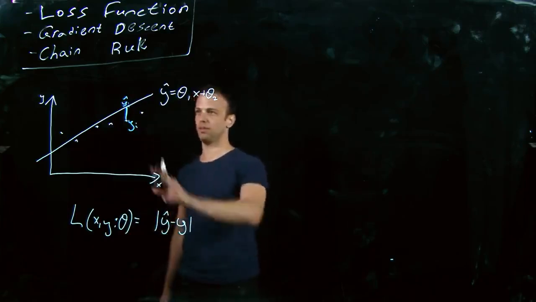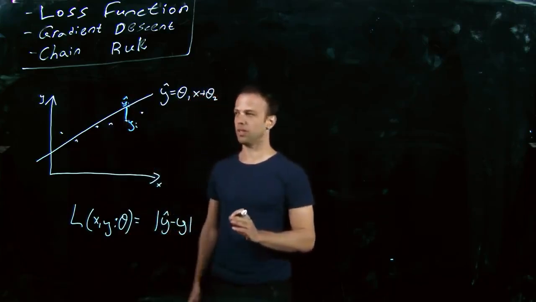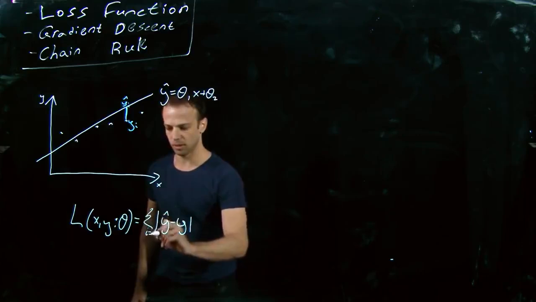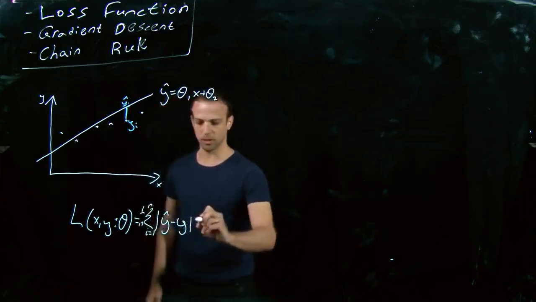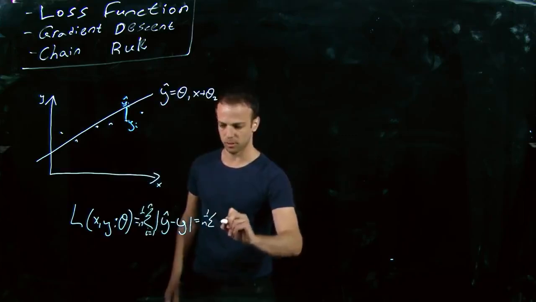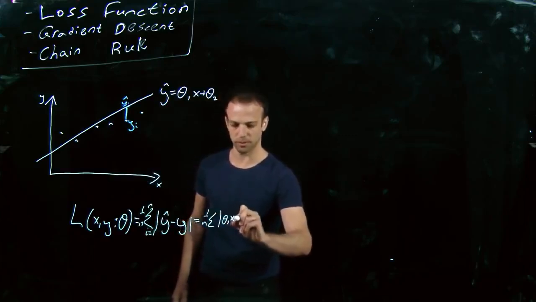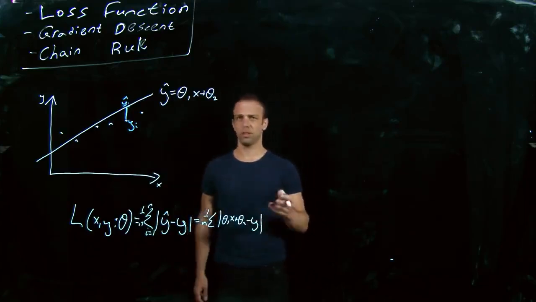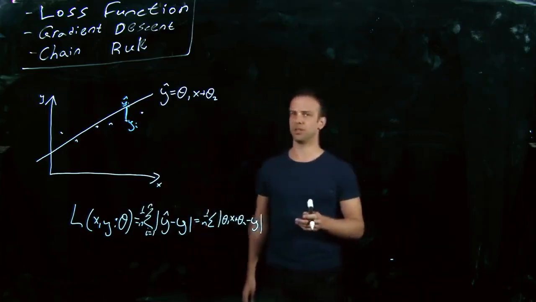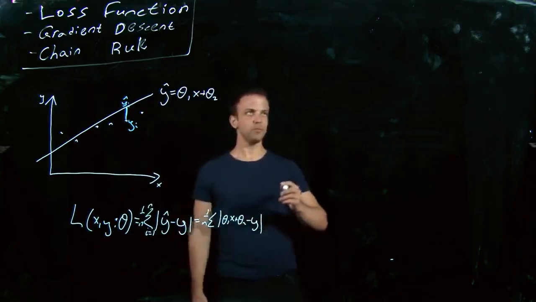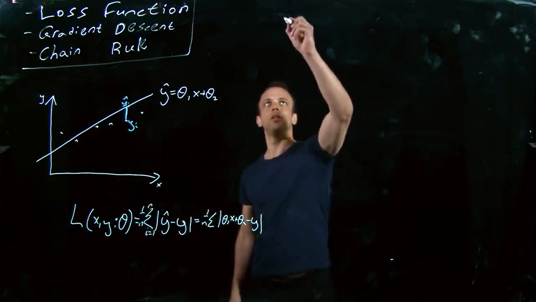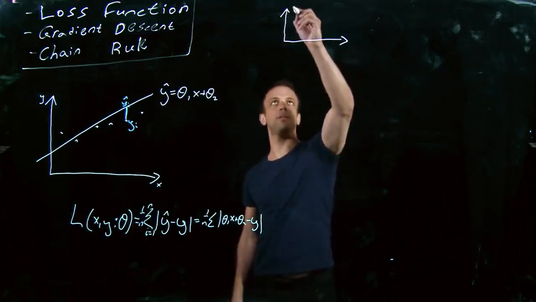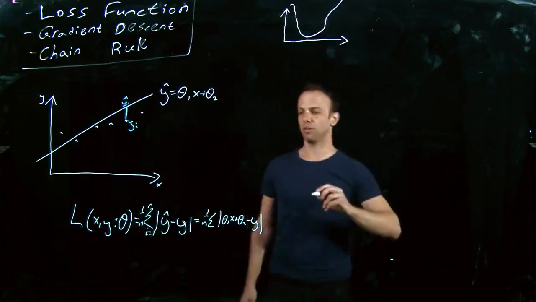Okay, this is for one example from the data, but we can actually take a set of examples and then take the mean of them. Okay, and this is actually this, right? Now we will learn about actual loss functions that are being used, and don't worry about it, we'll see many more. But now let's, for example, say that we have some kind of loss function that looks like this,